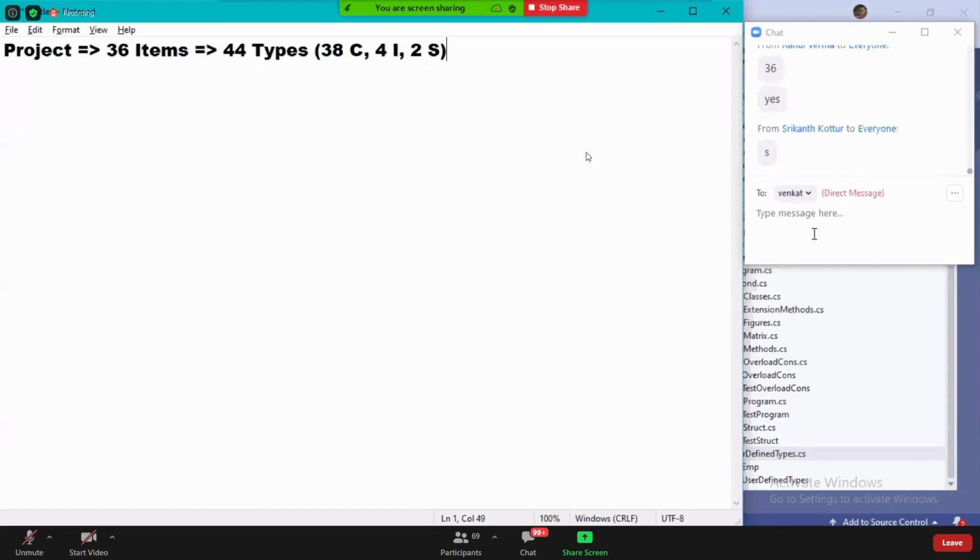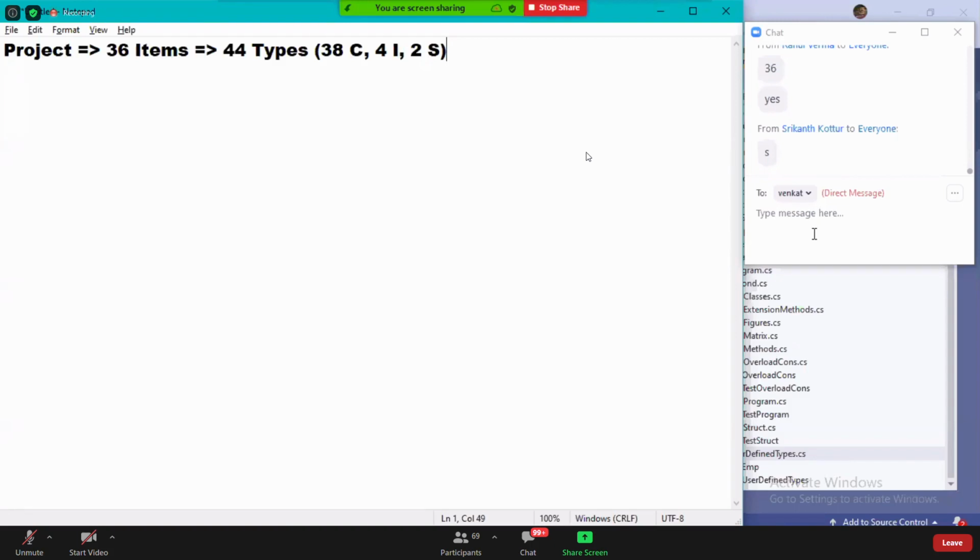More than one project? Yes. An application can have more than one project present in it. How many? There is no limitation for the number. More than one project can be present within an application. Are you clear, guys, what I'm telling you? Tomorrow when you start in the real time, an application can have more than one project.